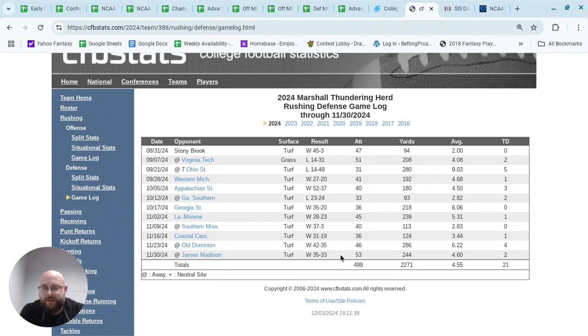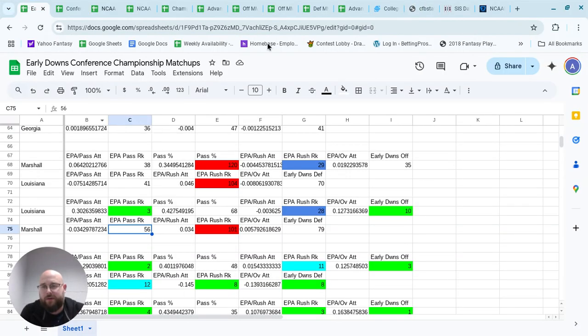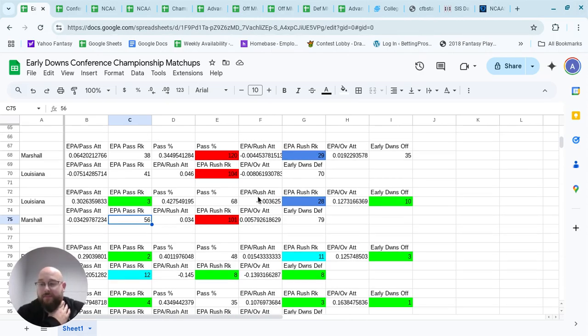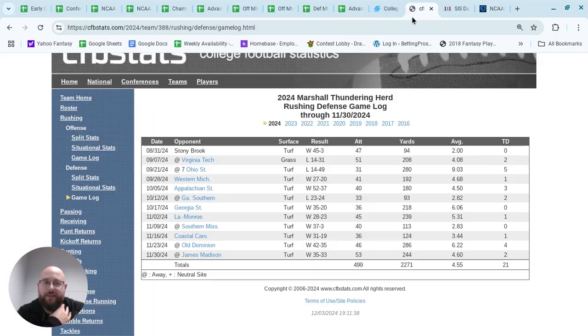And the James Madison game, I feel like it should have been a lot. Should have probably went the other way. But I digress. I think realistically, this has the potential for Louisiana to just get up and just continue to implement their game plan. And the reason I say that is there's just not anything about Marshall that really